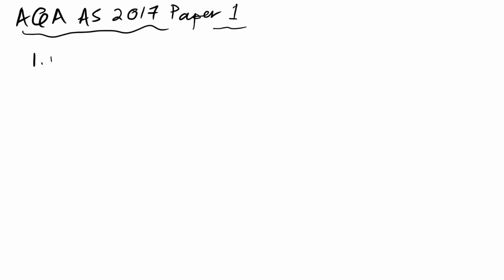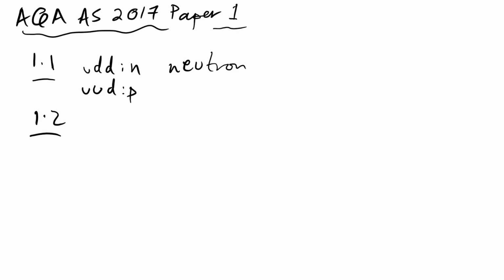Deduce the name of particle X. Well, we know it's up, down, down. And if you see my videos, I call that the nud because it's what a neutron is. The nud and the pud. Proton is up, up, down. State the type of interaction. Well, it's either going to be weak, strong, or electromagnetic, but because we know there are leptons involved, it has to be the weak interaction.